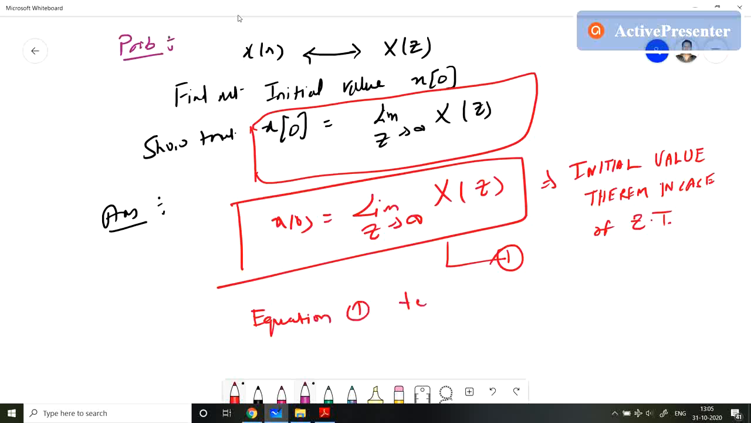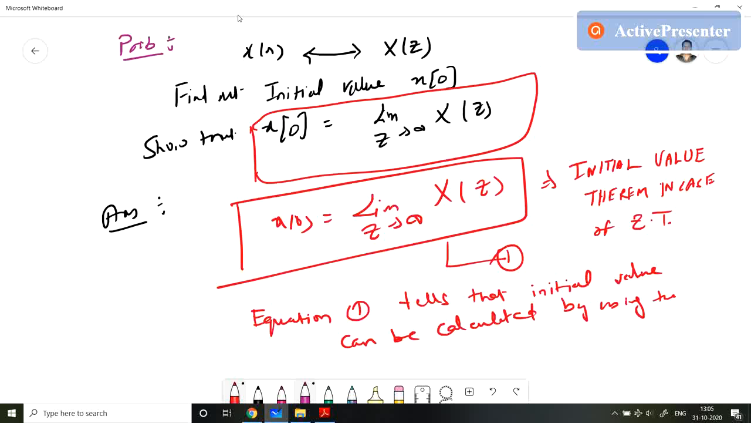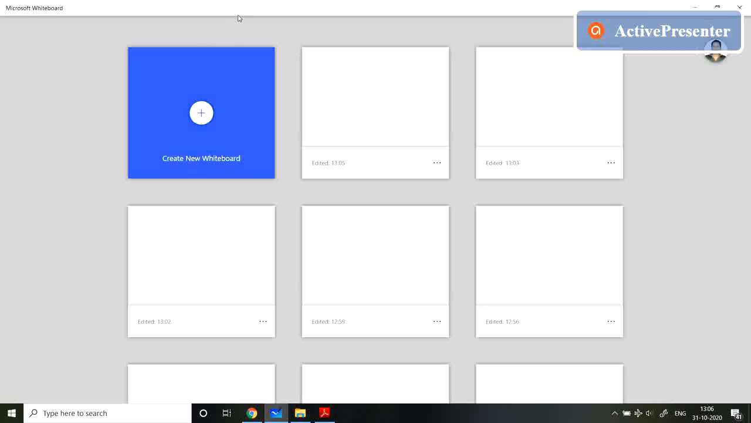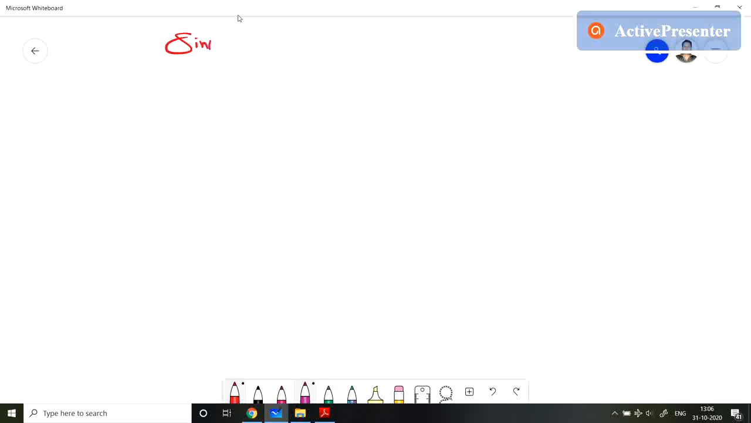Equation number 1 tells that the initial value can be calculated by using this relation. Now, for this theorem we have considered that xn is equal to